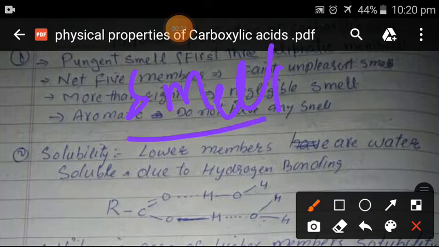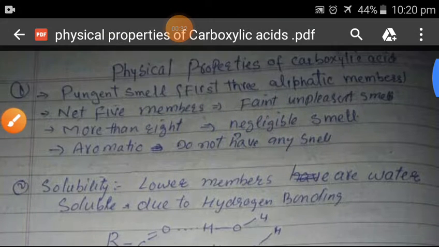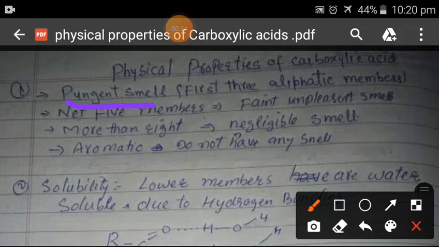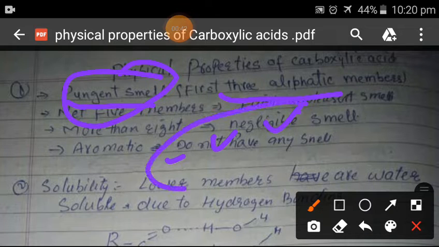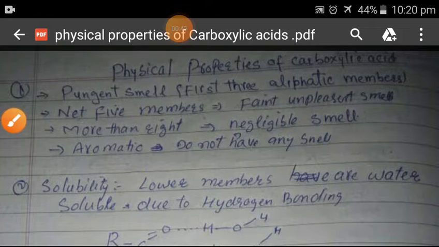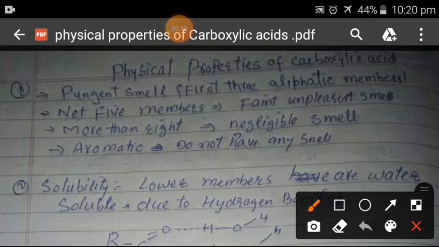The lower members of the carboxylic acids have a pungent smell, or an unpleasant smell. Up to the first three members of the aliphatic carboxylic acids have a pungent smell, that is formic acid, ethanoic acid and propanoic acid. So they have a pungent smell, but in the next five members, that is from